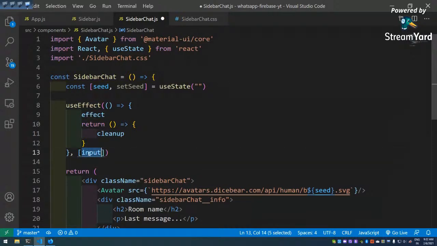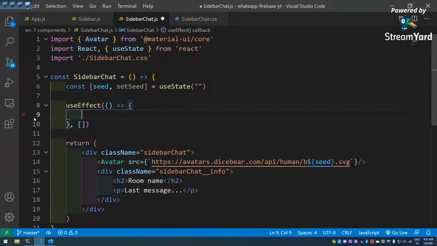and it will run only once. Actually this component will be called many times. See, I have called it 4 times, so it will get called many times. So every time it is called, this useEffect will be called. Okay, so I don't want this cleanup and all these things. So set